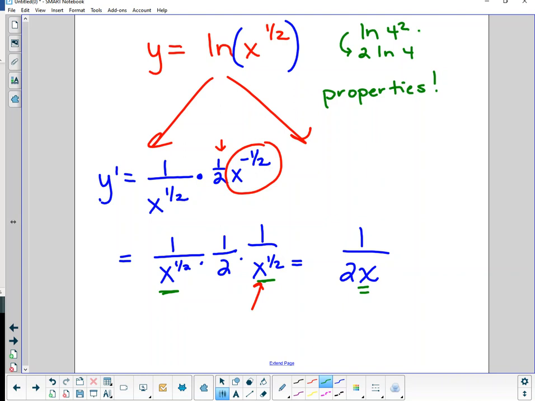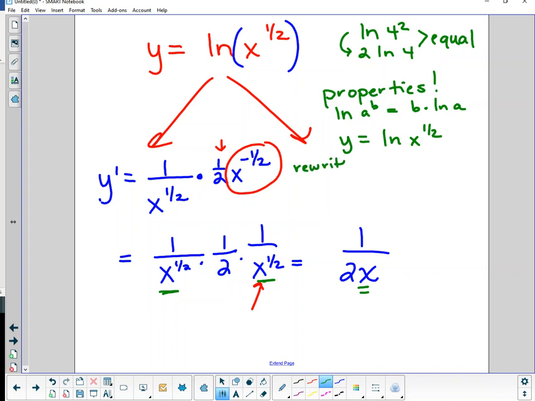These are equal expressions, and if you check that with your calculator, you'll see if you take the natural log of the quantity 4 squared, and if you take 2 times the natural log of 4, you get the same result. Okay, so the natural log of a to the b equals b times the natural log of a. So, given something like the natural log of x to the 1/2,